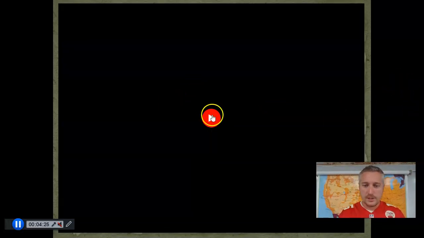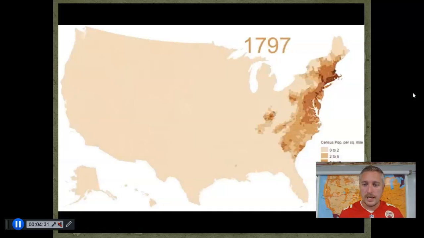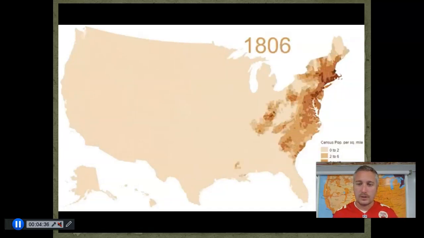I want to start with this quick graphic I found. Let's hope that it loads. This is showing you a history of Westward movement. We're actually going to back up a little bit before we talk about the Industrial Revolution, and we're going to discuss here as we progress westward. There's a lot of things going on here.